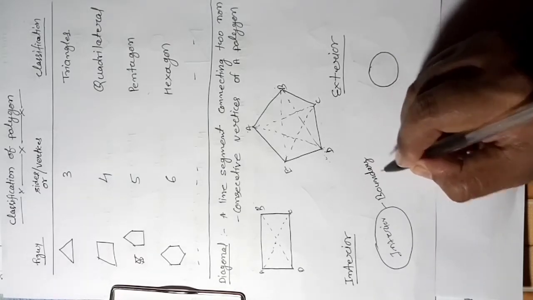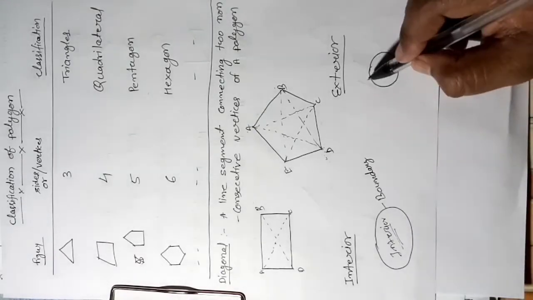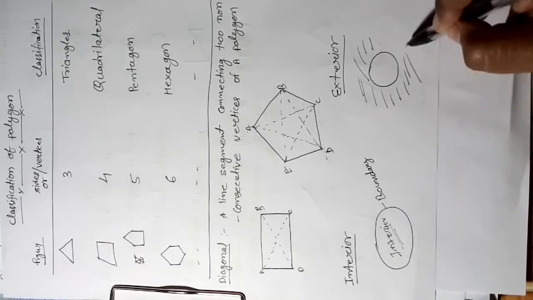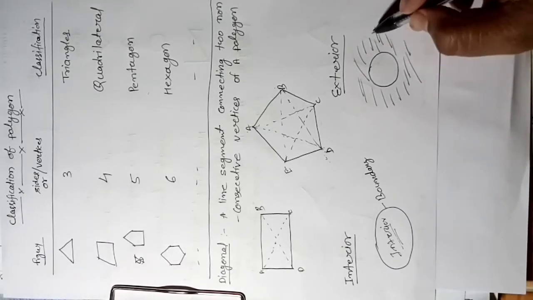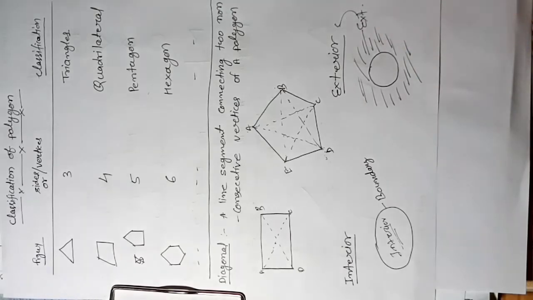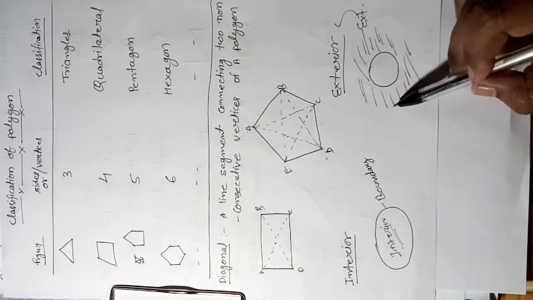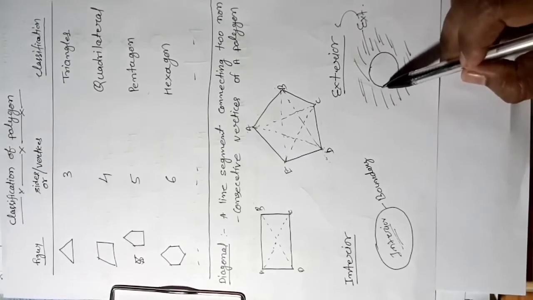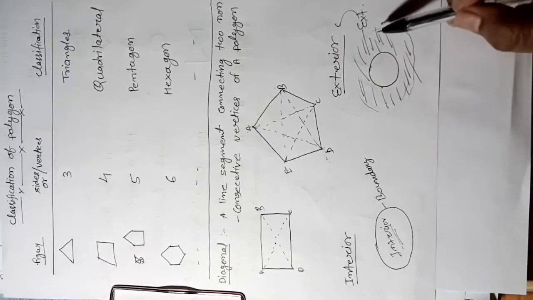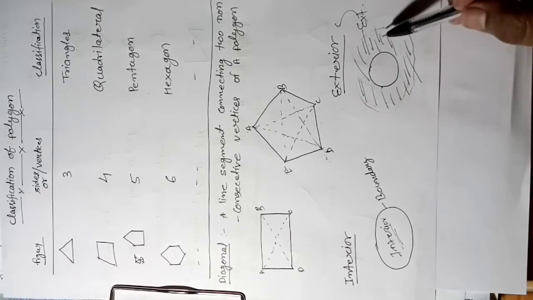This is a boundary, right? So inside this boundary we call it the interior, right? Whatever exists out of this circle, right, out of this circle, this is called exterior. This is called exterior. Are you getting my points? Whatever exists beyond this circle or beyond this boundary, out of these circles, whatever the region is here, this is called exterior.